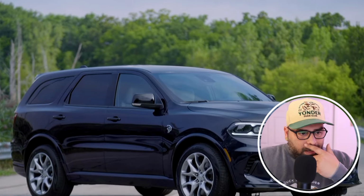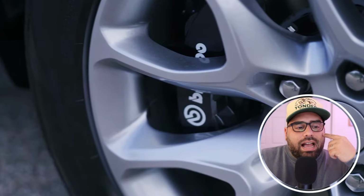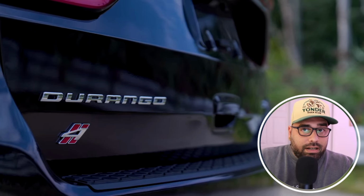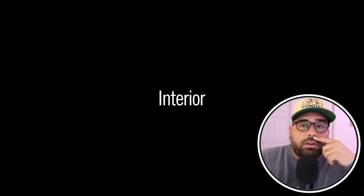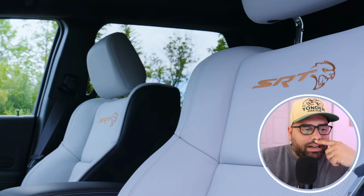Well, Dodge keeps pumping out these special edition Durangos. The last one that we saw was the Silver Bullet. Now this time around, Dodge has released the Durango Hellcat Hammerhead, nicknamed the Ultimate Sleeper. These are in limited numbers, and Dodge hasn't released how many units are going to be made, but I can guarantee you that this Hemi V8 producing 710 horsepower has a hefty MSRP, and it's actually over